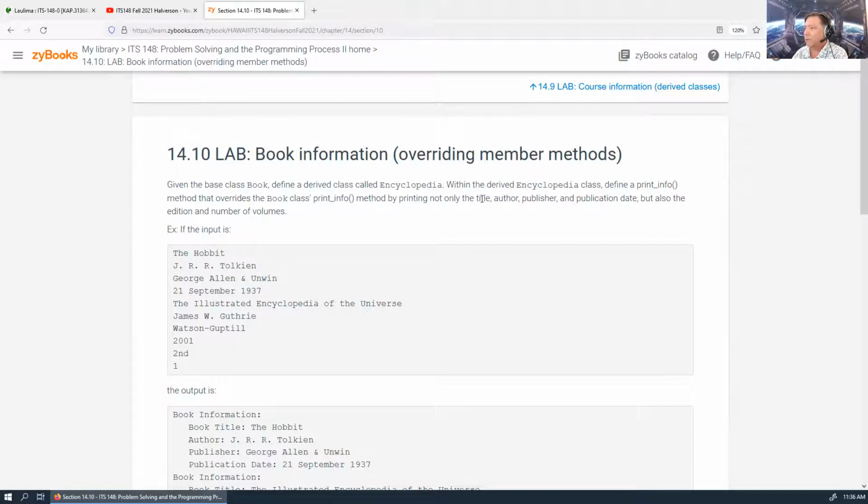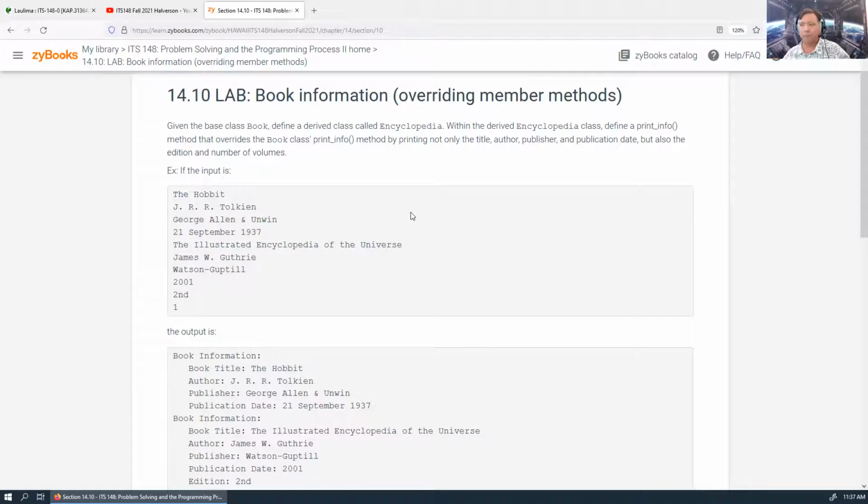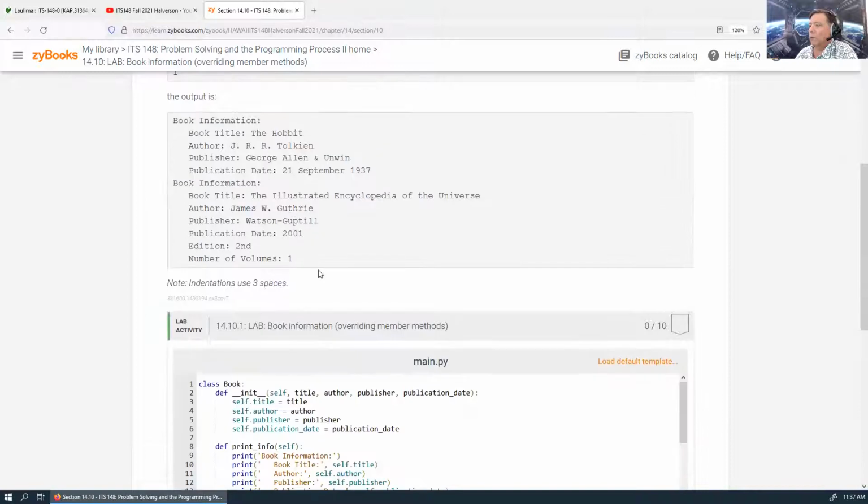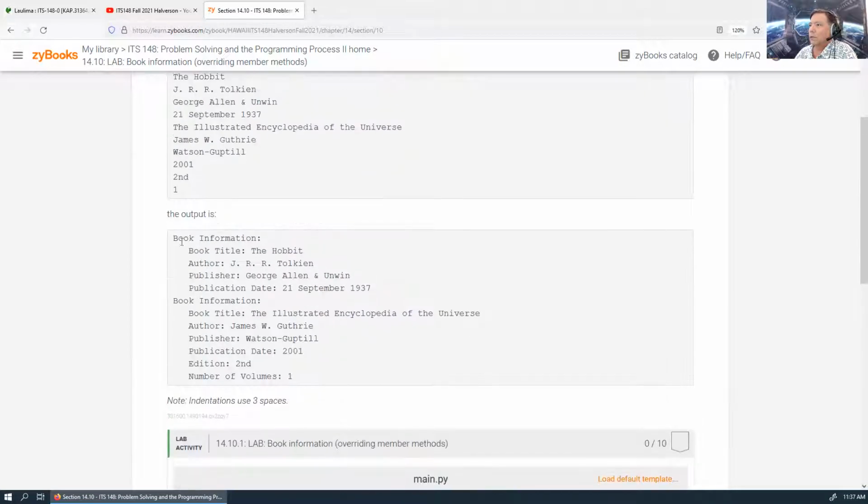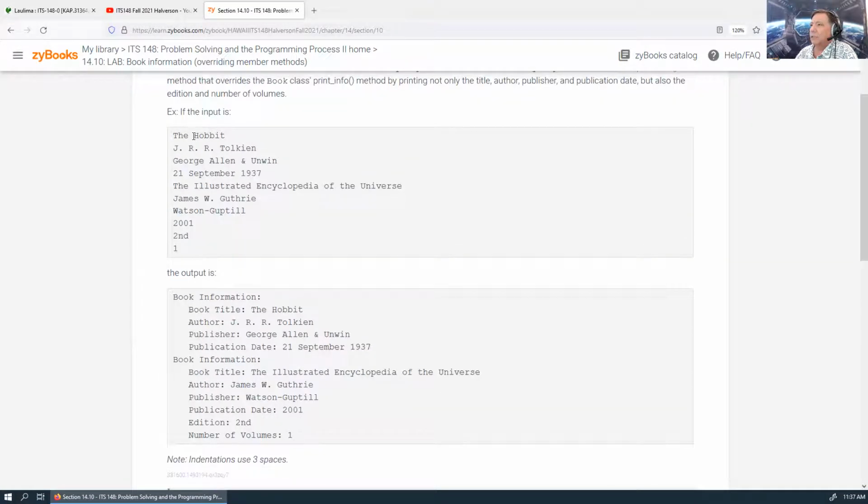The way we're going to edit it is we're going to print out the title, the author, the publisher, publication date, and so on. Also, we're going to add the edition and the number of volumes. Okay, so what we're going to do is this is input, the name of the book, the name of the author,